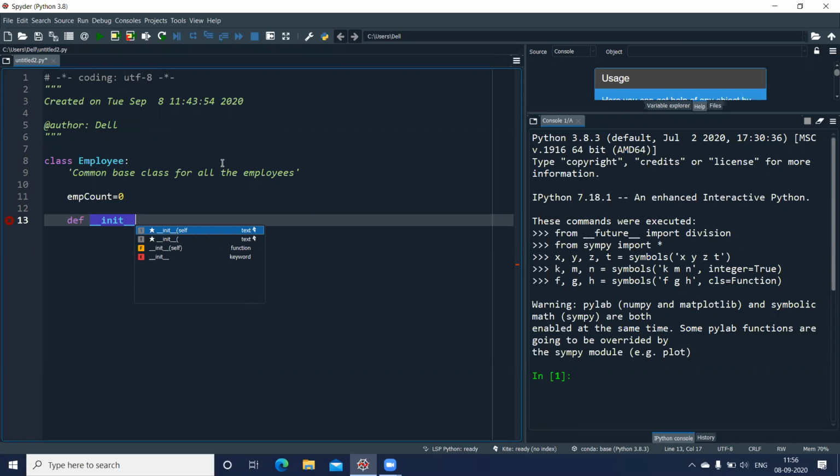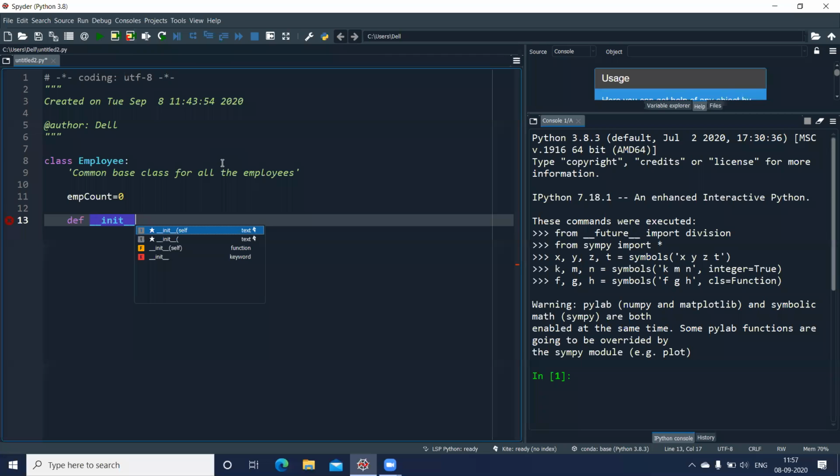Now there is a concept called constructor and destructor in classes. A constructor is executed whenever we create an object. There are inbuilt constructors, you can say. If you do not want to write this method, the default inbuilt constructor will get executed, since it is majorly used for initializing your variables.